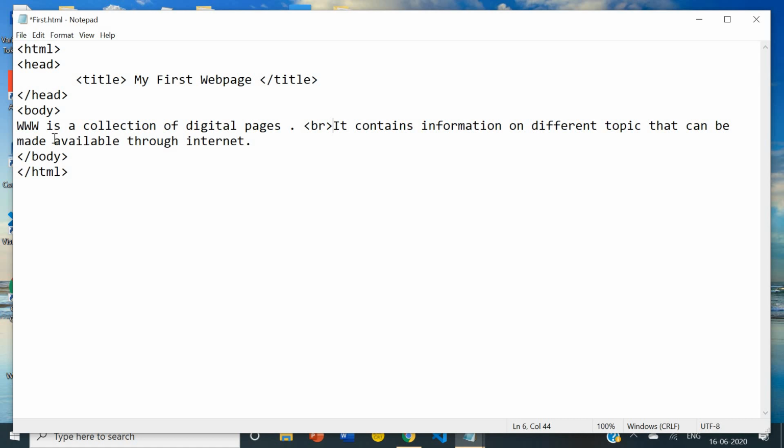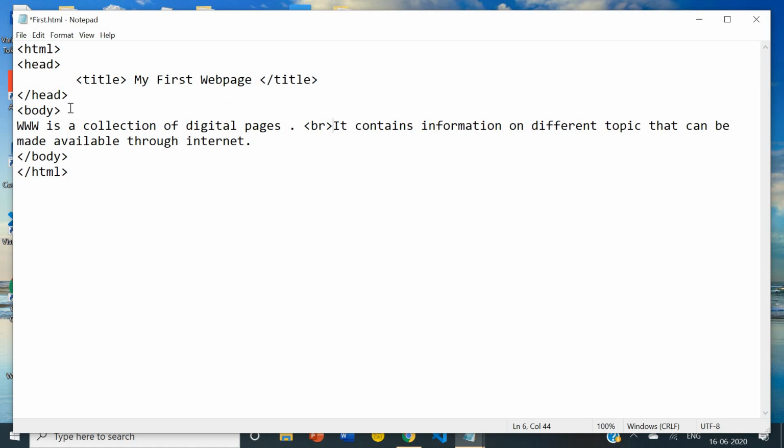Now we will see what type of tags they are. HTML. This is the starting tag. This is the ending tag. Or we can say this is the on tag and this is the off tag. So what type of tag is it? It is a container tag. Head tag has a starting tag as well as a closing tag, so it is a container. Title also has a starting tag and a closing tag, again a container. Container tags are those which have tags in pairs, with on and off tags. And to close the tag, which slash do we use? The forward slash.